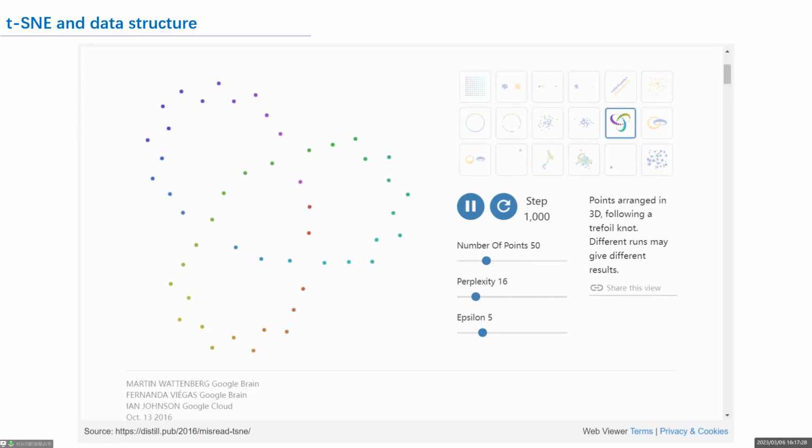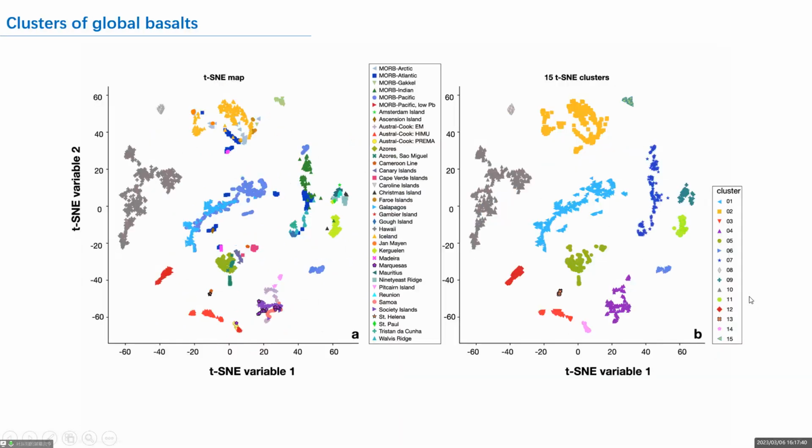So based on this advantage, we can catch a glimpse of the data structure of isotopic composition in high-dimensional space. This is the result of the t-SNE method, and Stracke divided the